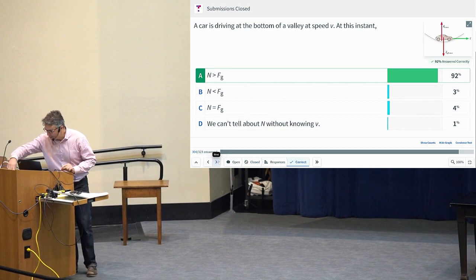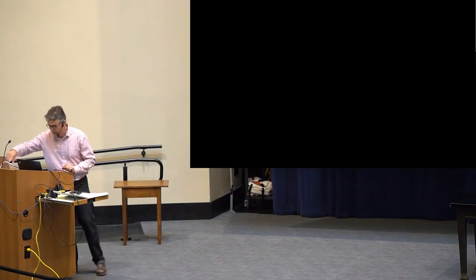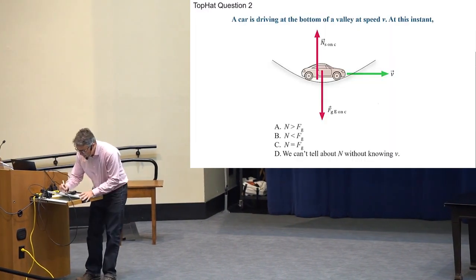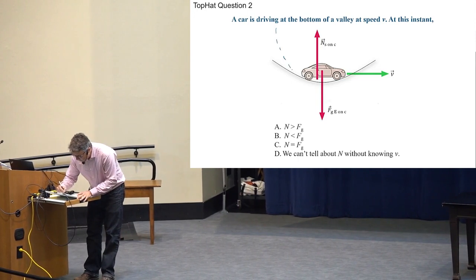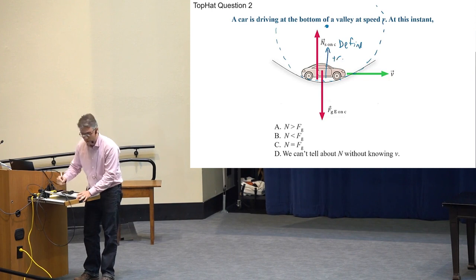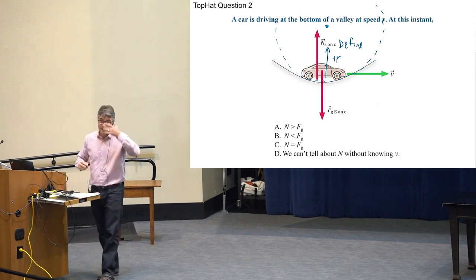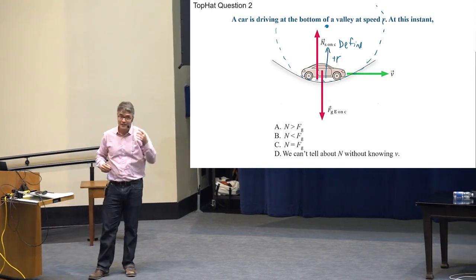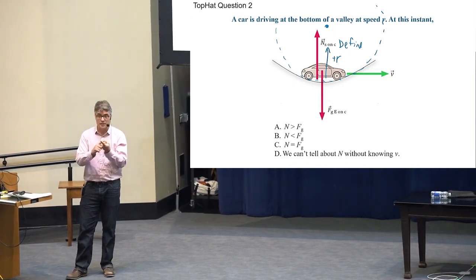It's more in this case, so why? Let's go through this reasoning again. Same sort of thing. This is part of a circular path. So you have to imagine a circle. The center of the circle is up here, so you define plus r as being towards the center of the circle. That's key. You can't solve Newton's second law until you've defined, A, your system, which is the car in this case,